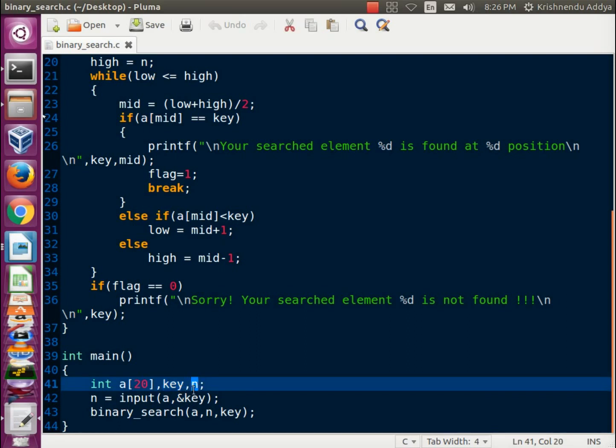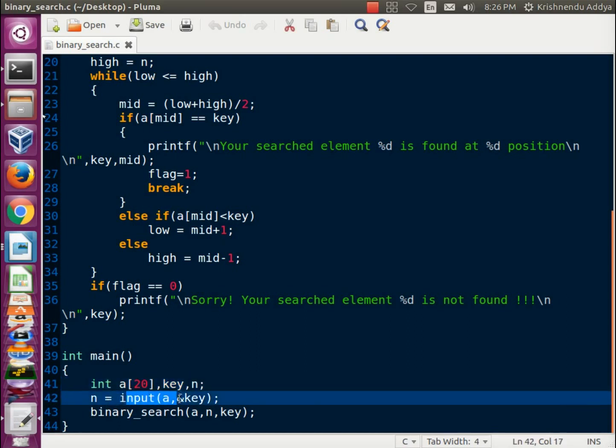Then we are calling a function called input, by which we will take the input, passing the parameter a, the array, and passing the parameter &key. So in the address of key we will store the value of the key element which we want to find, and this input function will return the value of the number of elements.